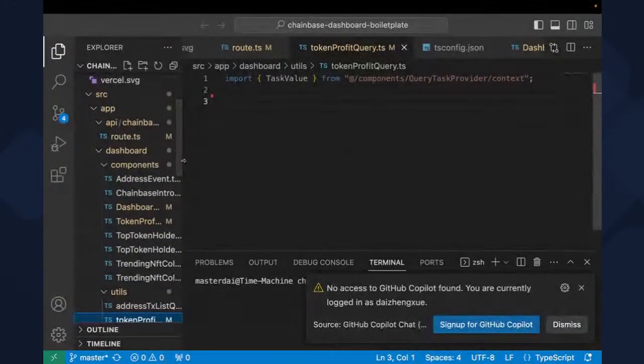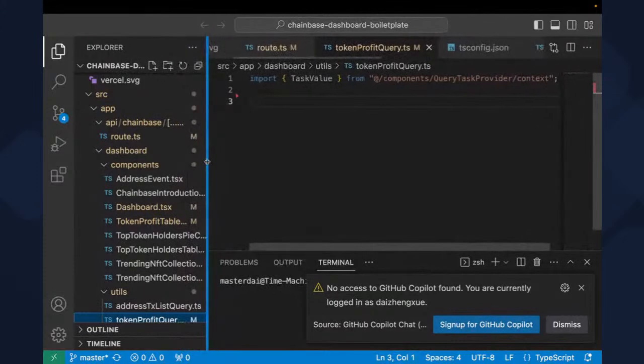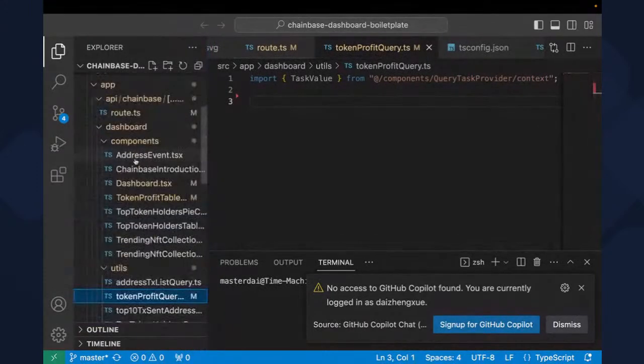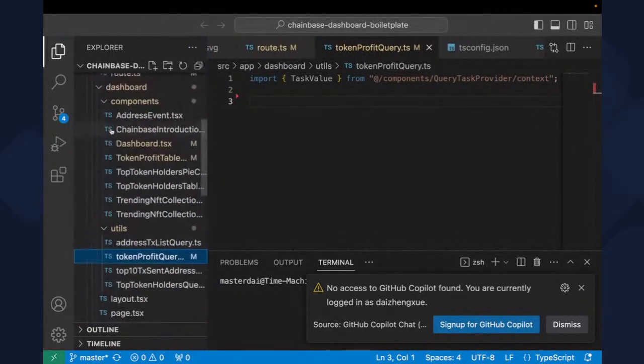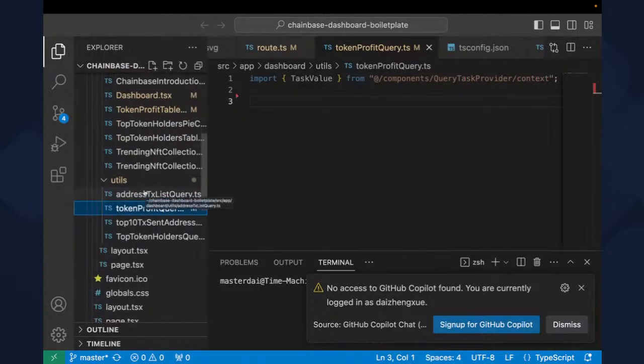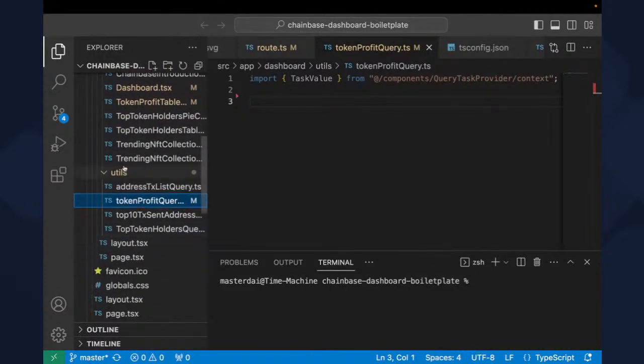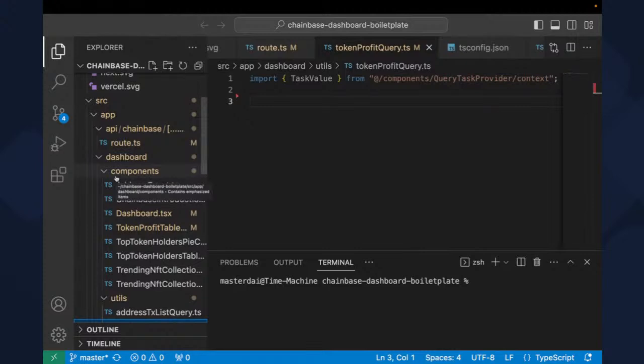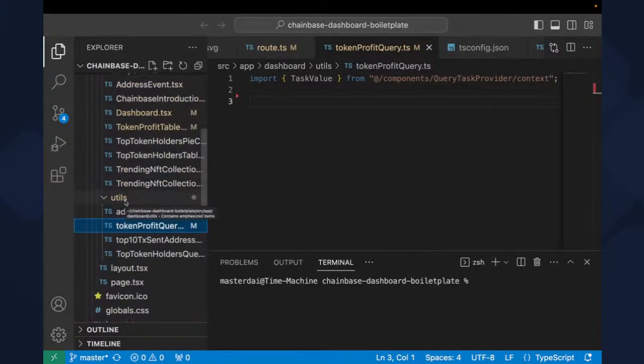And you can see there's a lot of components here, but you don't need to care a lot about the others' code. Since this is just a demo, everything in each component is modular. So all you need to care about is the utilities and these components. So once you have downloaded your